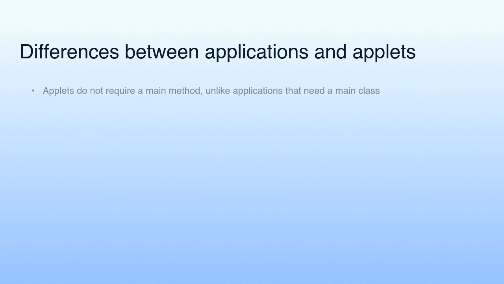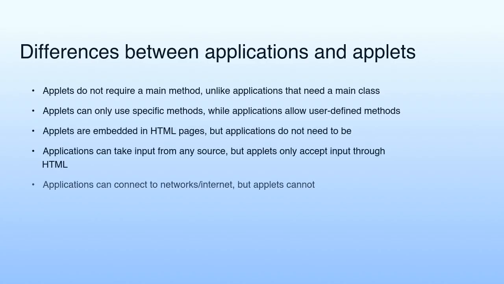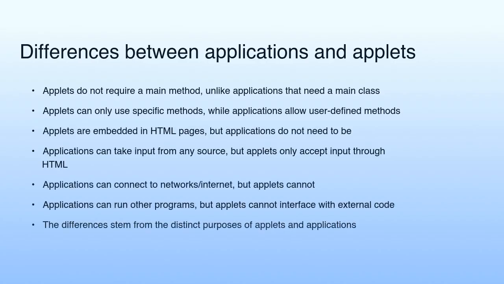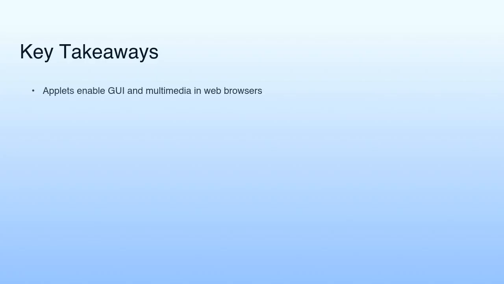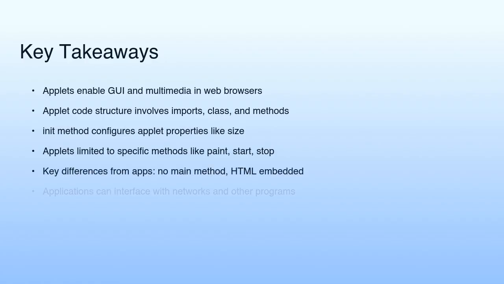Unlike applications, applets do not require a main method, can only use specific methods, are embedded in HTML pages, and have limited access to input sources, network connections, and external programs, as they are designed for a more restricted environment within web browsers. In summary, applets enable GUI and multimedia elements in web browsers, with a code structure involving imports,